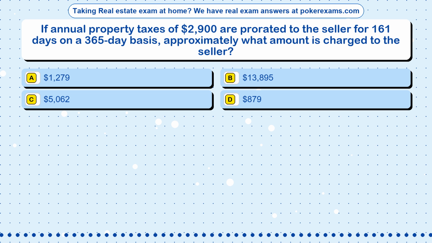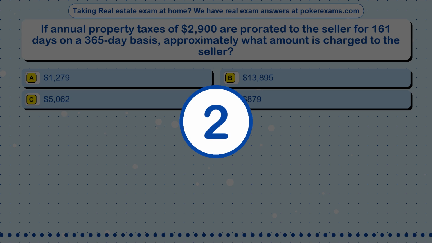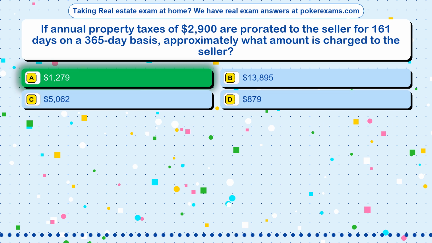Option A, $1,279. Option B, $13,895. Option C, $5,062. Option D, $879. The correct answer is option A,